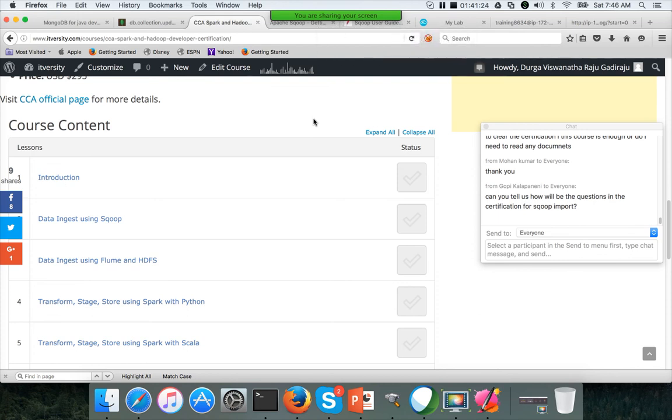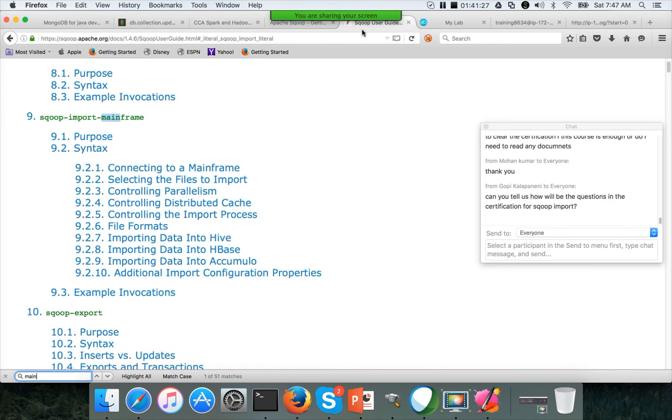You can refer to the Sqoop documentation which we are seeing here, and then implement the logic. They will ask you to save the code snippets in one location, and the data should be in a particular location, and you have to comply with that. Then they will evaluate and mark it as correct or wrong. Even if the Sqoop command is correct, but if you are using a target directory which they have not specified as part of the question, they can mark your question as incorrect. So you have to be extremely careful.